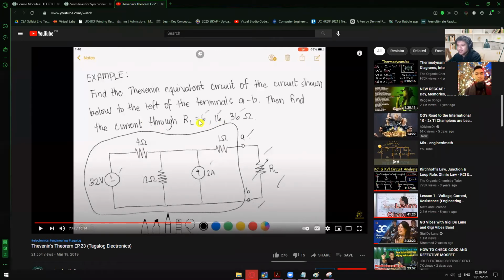For example, the current on this RL, okay, if it has a resistance of 6, or the current on that RL if we have a resistance of 16 or 36. So just imagine this one as any appliance. It could be a refrigerator, it could be a television. So it's like you're trying to solve what is the current that is flowing on this point right here. If we have a television, if we have a refrigerator, if we have, let's say, an